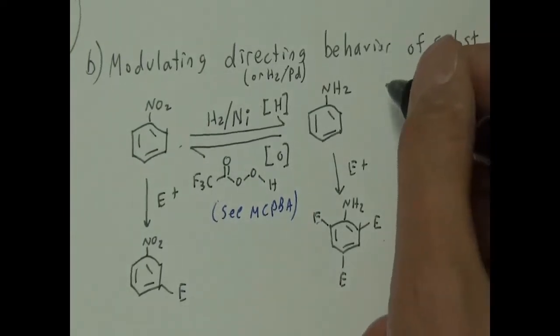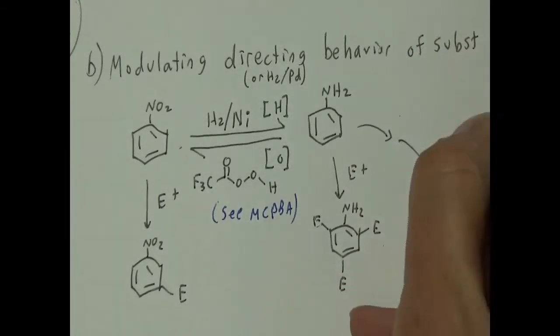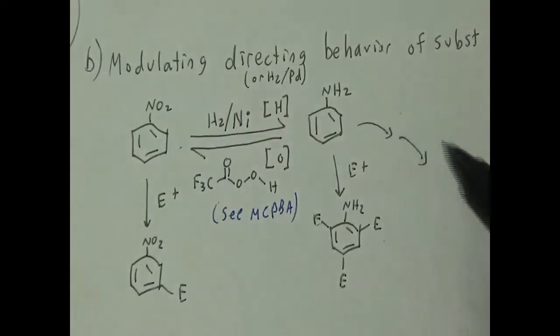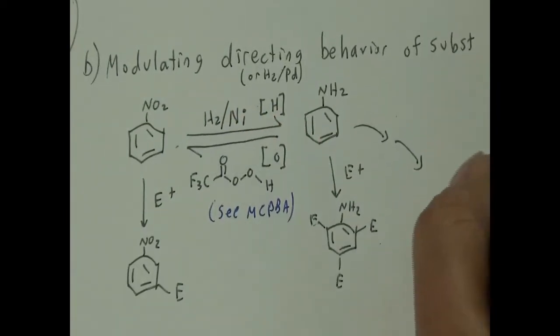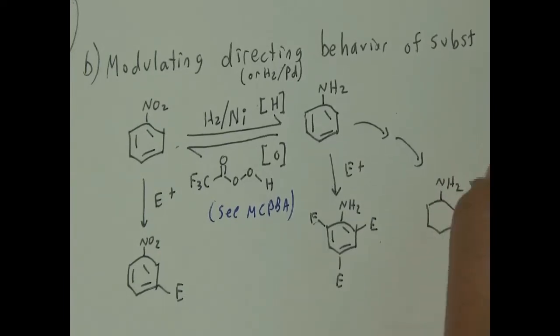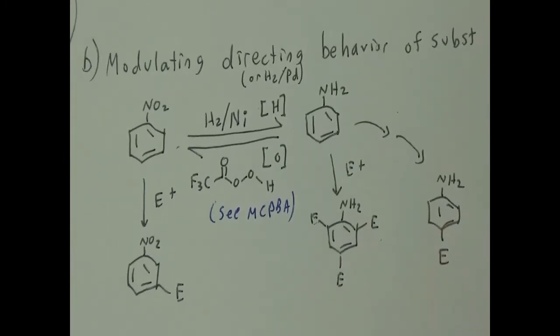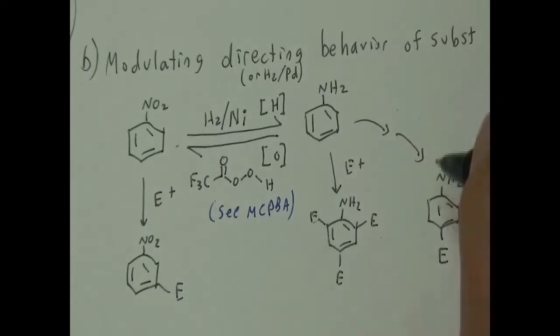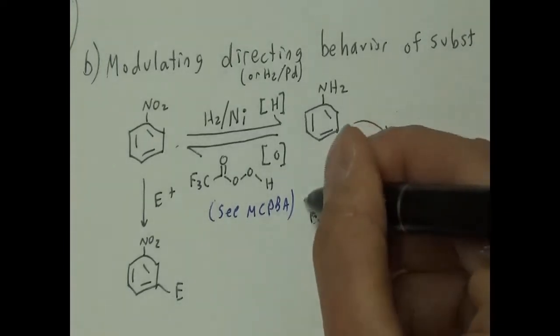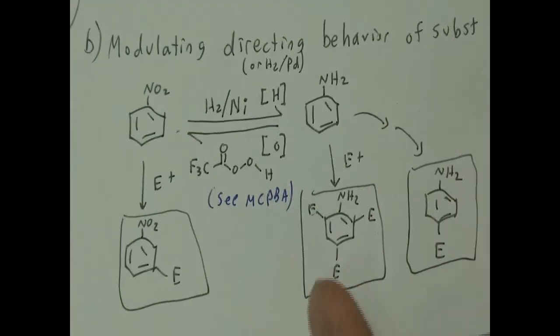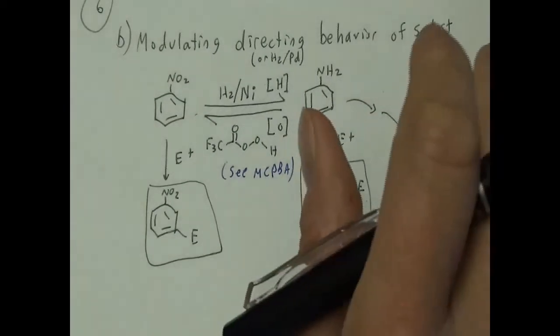And so what we could do is this little roundabout sequence we just did in the last strategy to essentially protect, attach something, and then deprotect it, right? So we have that option too. We can protect it, attach the E, deprotect it, and then we get to this point. So now we have a couple options, right? And this is cool because now it's opening doors for us to do cool synthesis. For example,